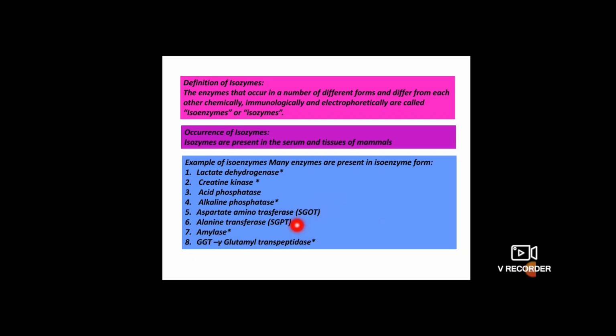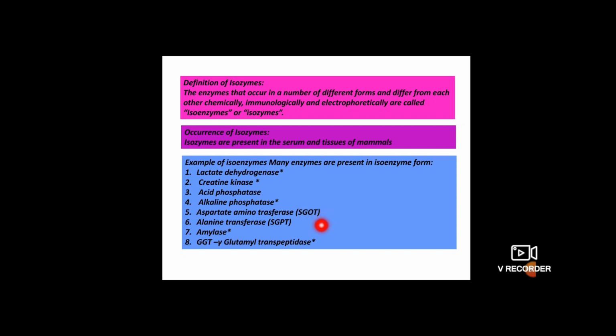So coming back, it is nothing but serum glutamate oxaloacetate transaminase. So here I told you aspartate. O here is oxaloacetate. It's a keto acid, and aspartate is an amino acid. A set of substrates is involved: one amino acid, one keto acid. So this is very important.